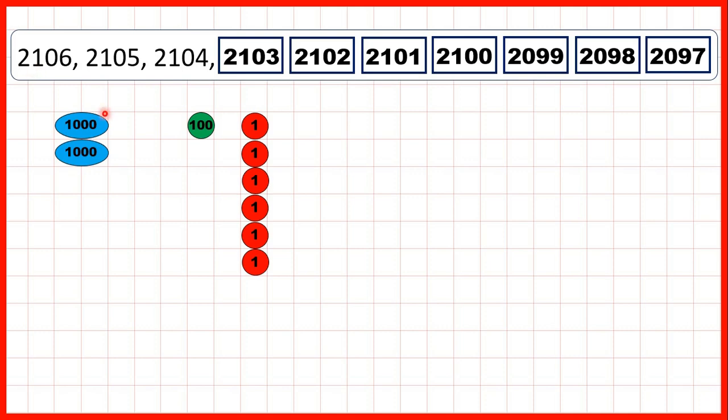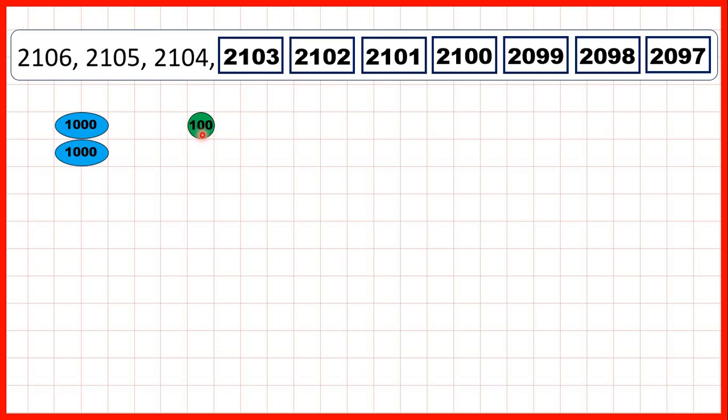So we start with 2106, then we have 2105, 2104, and we continue counting back until we get to 2100. Then, to keep counting back in ones, we need to make some ones counters, and to do that, we need